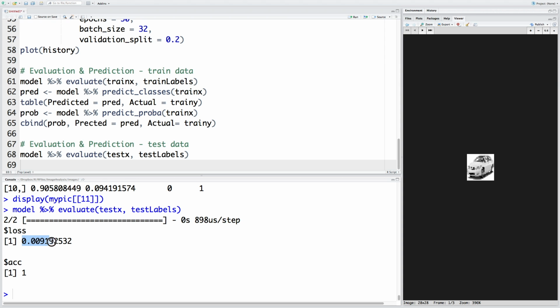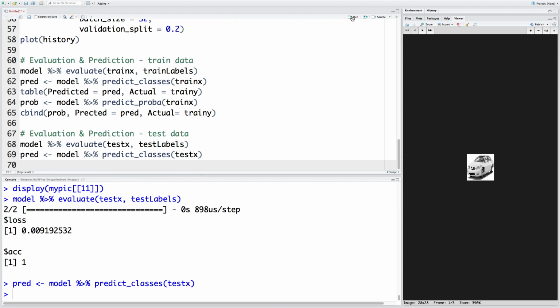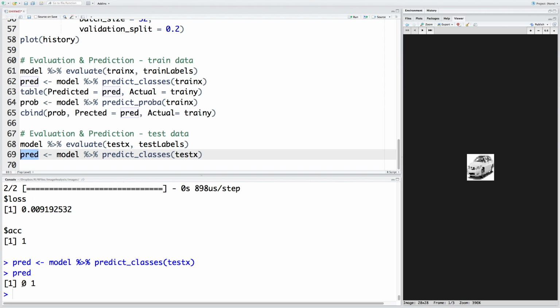So the loss value is 0.009 and accuracy is 1 or 100%. Please note that in test data we have only 2 pictures, one for a car, another for a plane, and if both of them are correctly identified, accuracy is going to be 1. We can do pred and then again do model pipe and predict_classes, this time with test X. Note that in pred there are only 2 values. The first picture belongs to category 0, which is a plane, and the second one belongs to category 1, which is a car. But if we do the table,